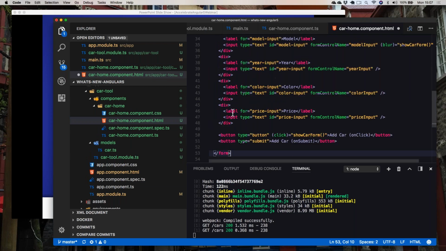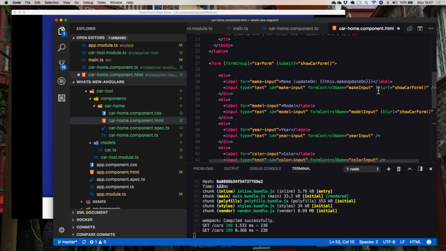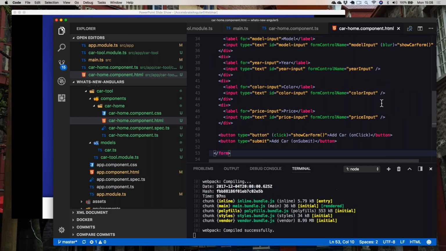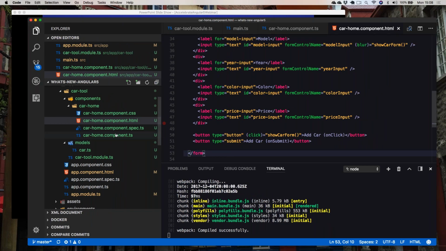So beneath this, we're actually going to put a bunch of HTML content. It's got some stuff in there we'll talk about in terms of the forms and the various event handlers and why I've hooked into them for the demo. So we'll go ahead and save that. We are going to make use of reactive forms. You can use template forms, but I'll be honest with you, I think reactive forms are a better way to go, and they are the default type of form that I use for all of the applications that I